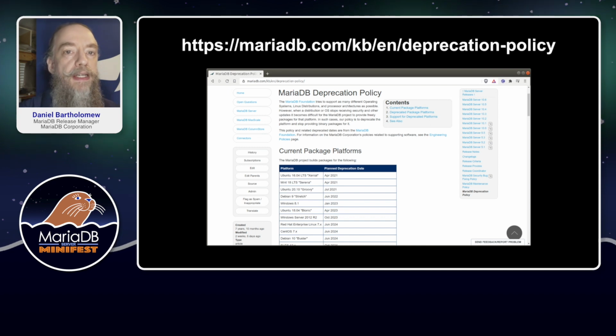For example, on the previous slide it said that the 5-year cutoff date for MariaDB 10.2 is in May of 2022. However, Ubuntu 16.04 LTS Xenial will be deprecated in April of 2021. So even though we will still be providing updates to MariaDB 10.2 after April 2021, we won't be providing packages for Ubuntu Xenial. Of course, after April 2021, even Canonical, Ubuntu's parent company, won't be providing updates for Xenial. So by that time, you really should have already upgraded your Ubuntu machines past that point anyway.